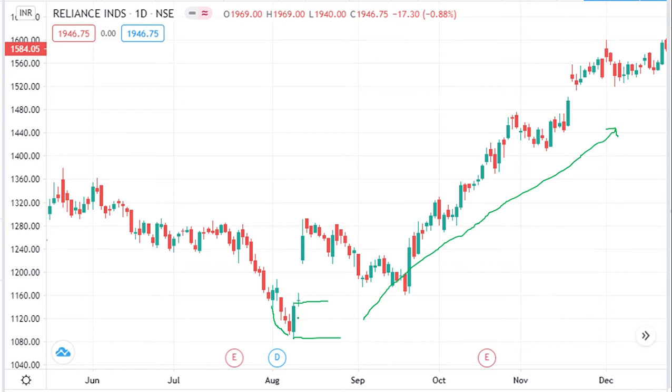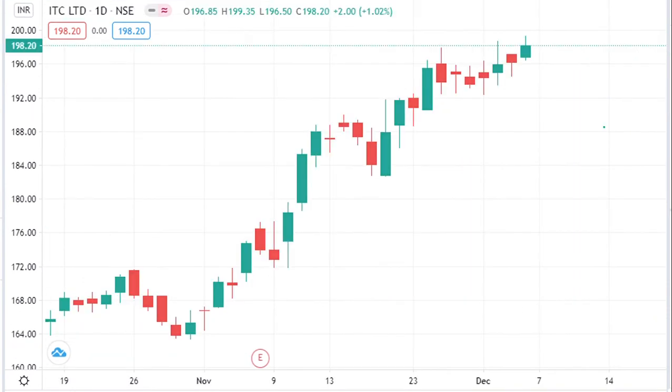Similar to my other strategies, as this is an entry candle, this will be my stop loss. Target will be R1 and R2. You can use R1 and R2 as a trailing stop loss as well. In line with my other strategies, this is also a low risk, high reward strategy. We'll see a few examples.